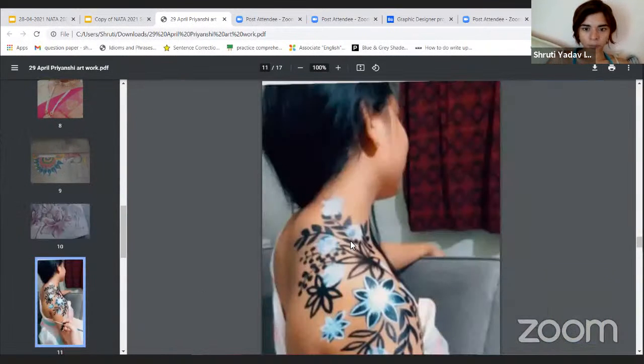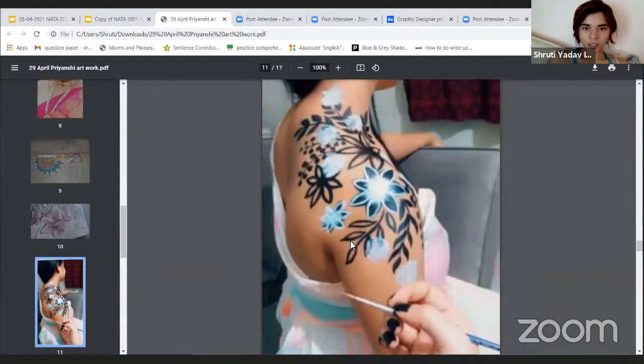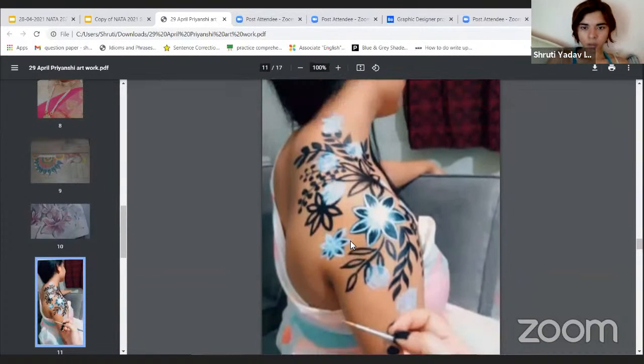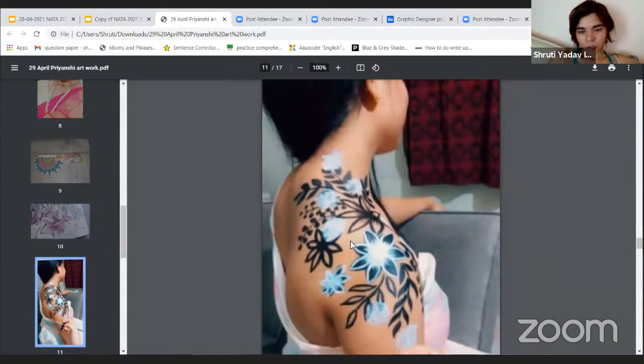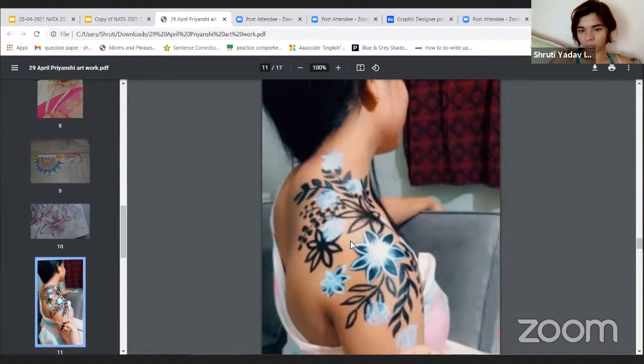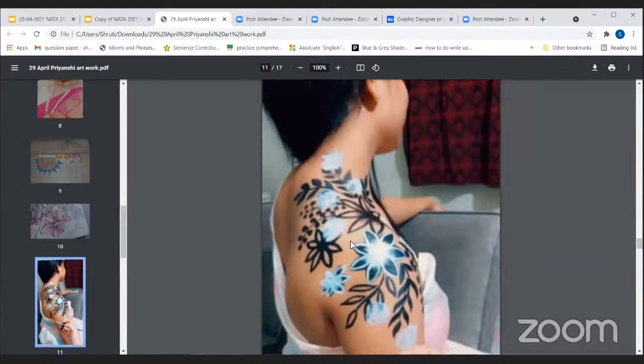Then this is body painting. Was there a theme given to you, or were you working on a certain project? No theme. But you're matching it to the dress she's wearing, no? Yeah. Was it for some competition? No, just for fun.